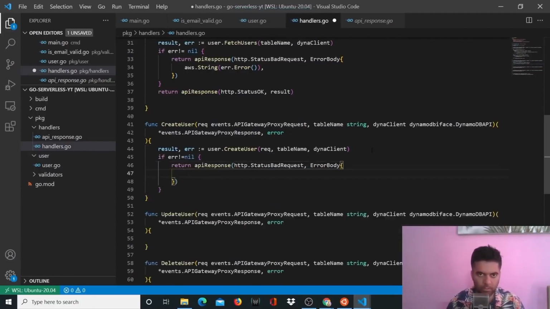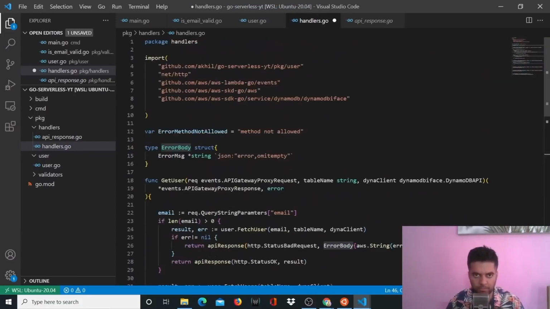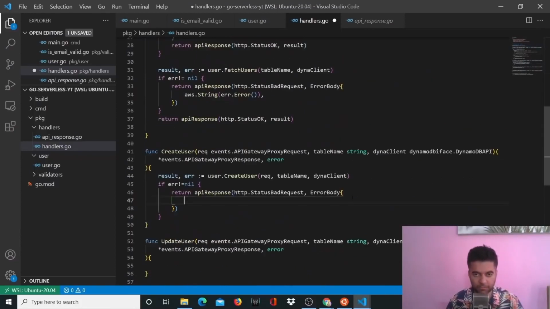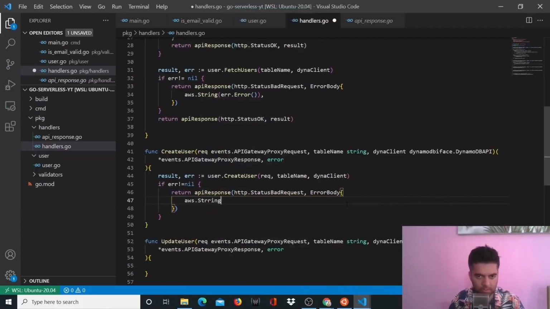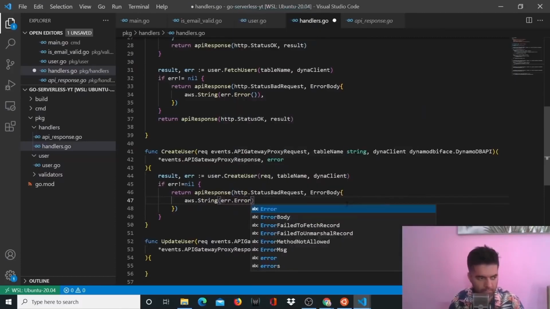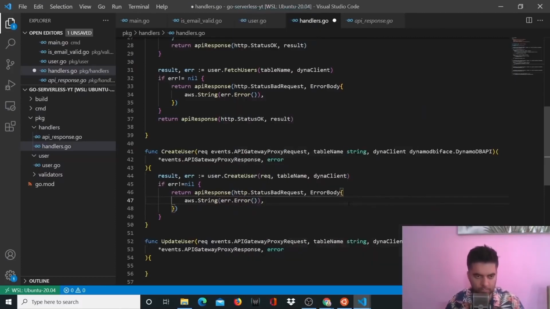And what will be in the error body? Error body in this case is the struct that we've already defined. So what's there in the error body? It's aws.String with a single string, err.Error(),